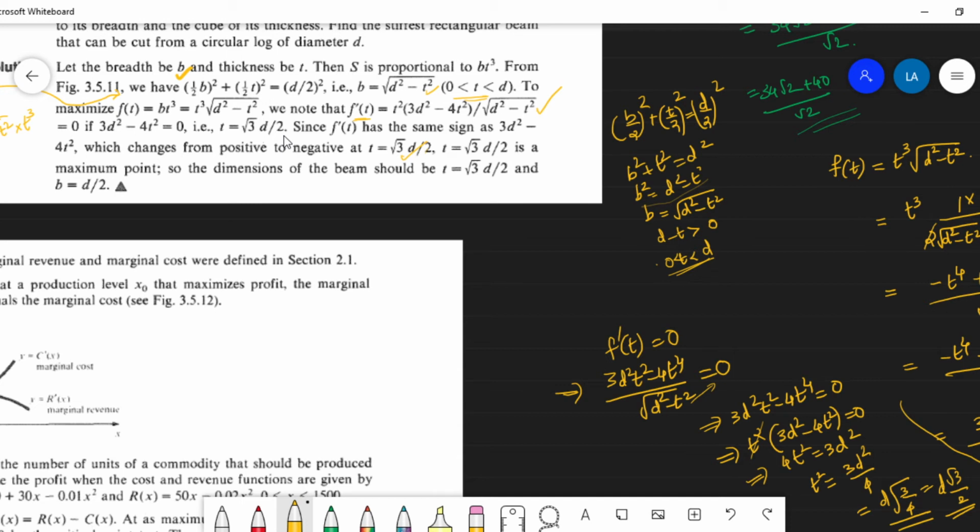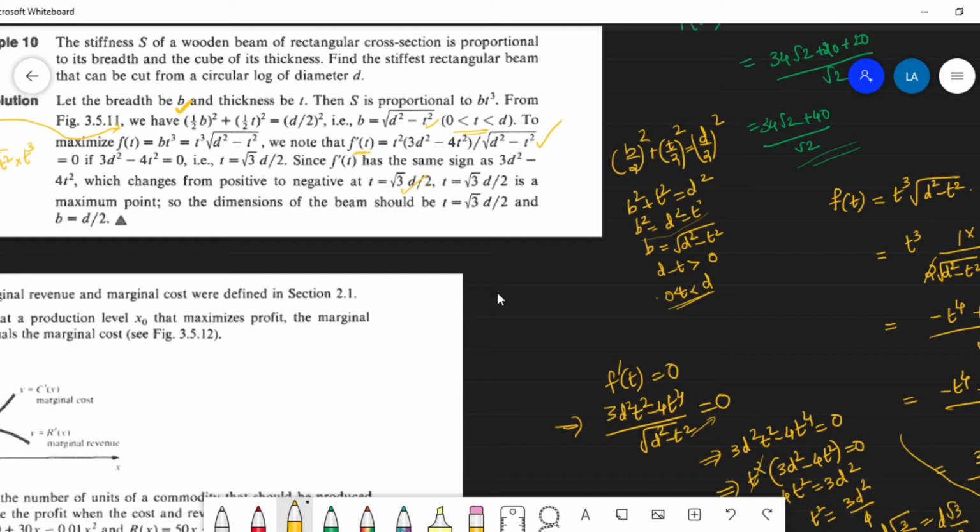Since f dash of t has the same sign as 3d square minus 4t square, whenever, because t square is always a positive quantity and the denominator will also have a positive quantity. So the sign of f dash of t depends only on 3d square minus 4t square, and t is definitely smaller than d, and this will change from positive to negative at t is equal to root 3 d by